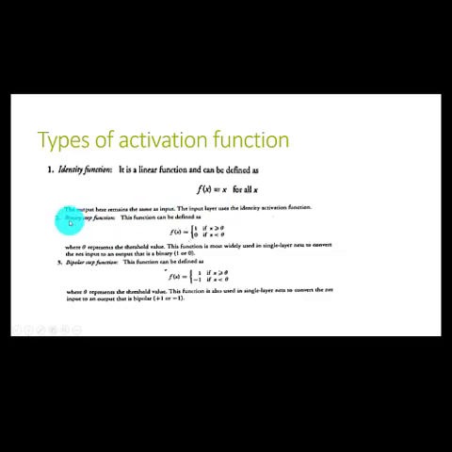Now, second, binary step activation function. In this, we have two possibilities, either 1 or 0. These two values are based on theta. Theta is nothing but your threshold value. That means if the input is greater than or equal to theta, the neuron will fire and the value is set to 1. Otherwise, if x, that is your input, is less than theta, the neuron gets deactivated and the value is set to 0. This is the formula for binary step activation function.